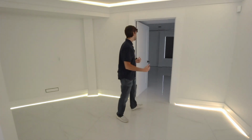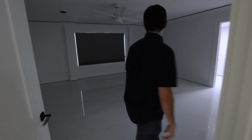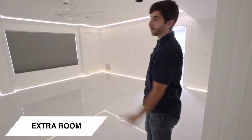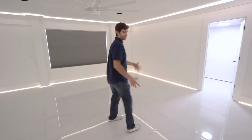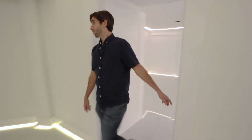So we'll come in through here. This room, I honestly haven't figured out what I'm gonna do with it yet. This is just a completely blank room. It's supposed to be an in-law suite. I don't have any in-laws, so right now it's empty. We kind of have it just cleared out, did tile all over, have a full bathroom in there and another walk-in closet in there. Nothing too fancy. Now we'll go into,